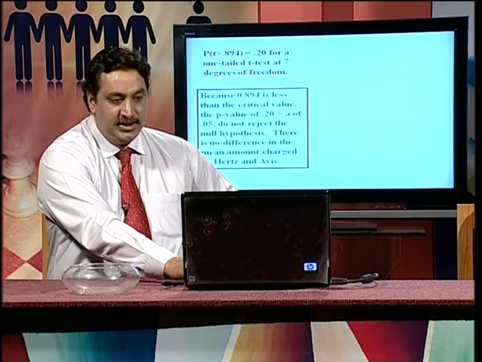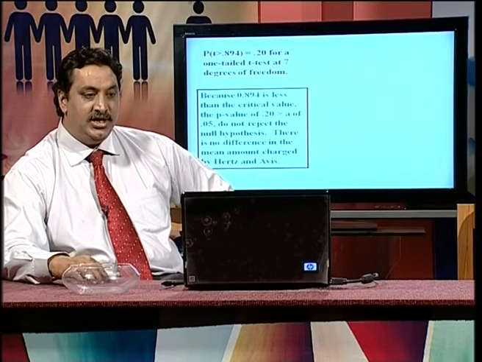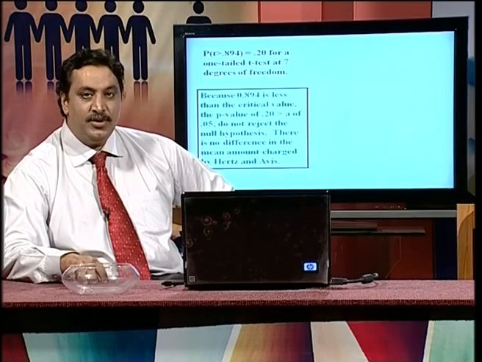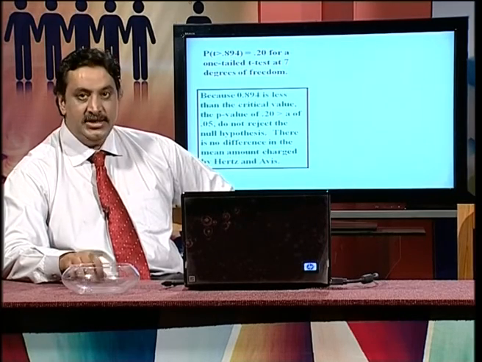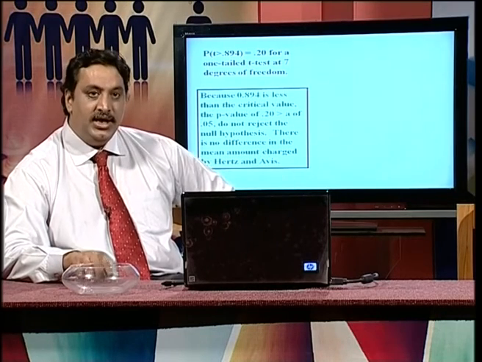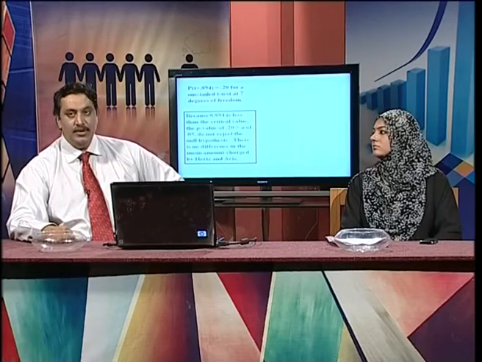0.894. Similarly, like the Z test, this T value of 0.894 is less than the critical value, or this T statistic value is less than the tabulated value of T. So we accept our null hypothesis. It means the difference between the prices of two cars is the same in the different cities of the given population.